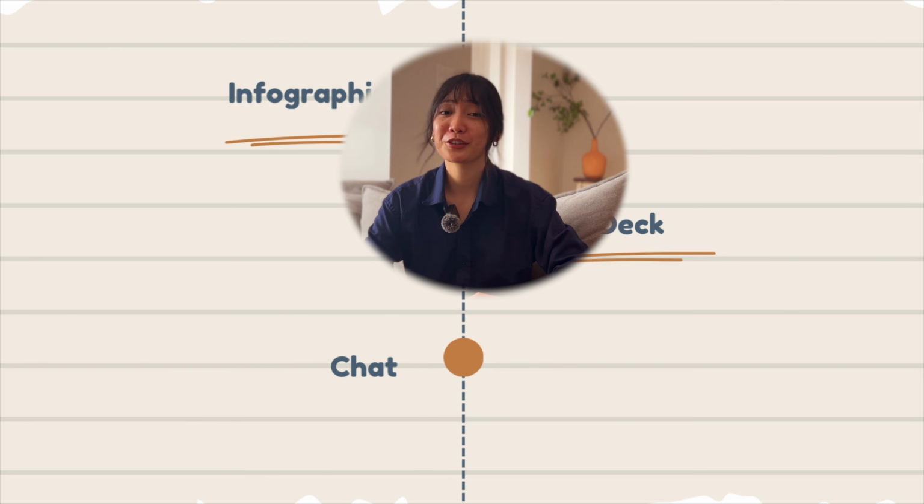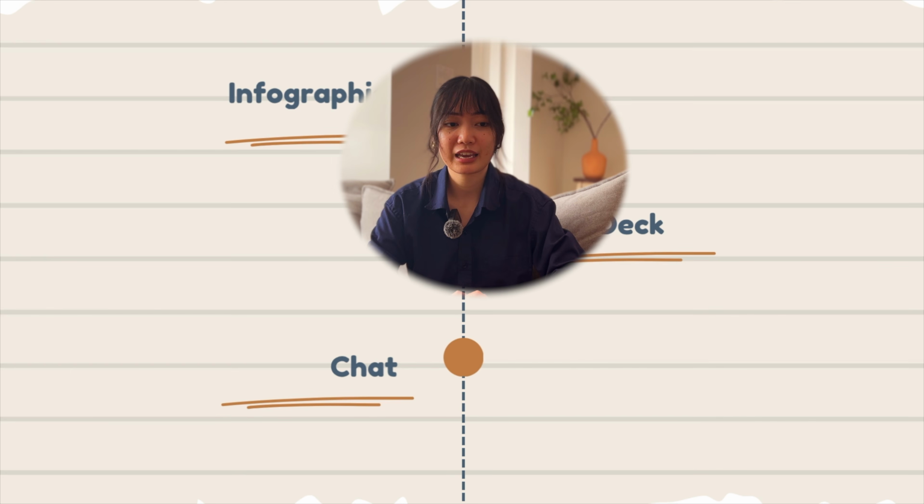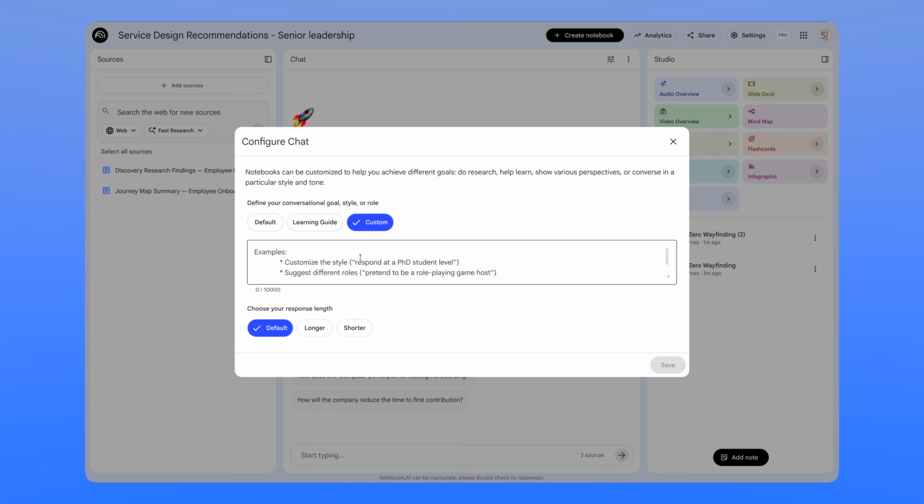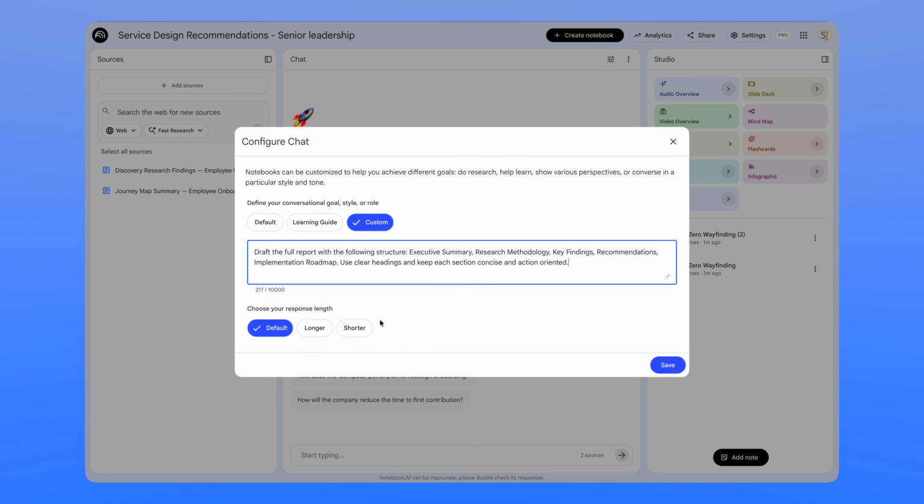And of course, you can also use chat when you're creating a report or a business case. So in settings, you can specify how you want the report to be structured. Side note, since we all know that AI has democratized information, the skill that we have to learn now is curation and structure. Anyways, always prompting for an executive summary first, because we all know the power of top-down communication,